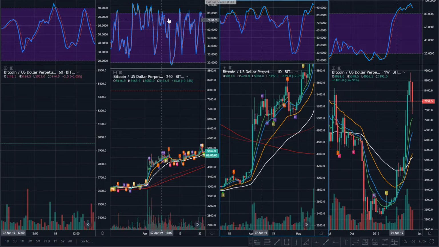But the moral of this story is that I can get out on these resets, right? Even now, I'm above the 200. I still don't want to be in on this reset right here necessarily, or at least I would want to hedge, right? So right here you get a recross and it does pull back a little bit and then finally eventually kind of recrosses again. So again, slightly higher price and you could have got chopped up a little bit in here, but you're getting out on some of these recrosses.